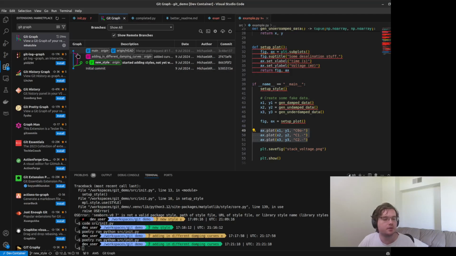Now you can also find other GUI applications to do something very similar. There's a very popular one called Kraken that you pay for, but you can also generate a very similar visualization within the command line using a command called git graph. But the point is, these visualizations are very similar to the one that you saw in that Atlassian tutorial that I brought up previously. What it shows is that this blue line is the main branch.